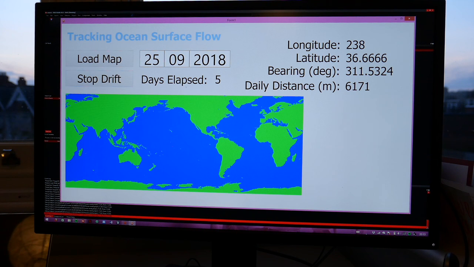The days elapsed doesn't move along, it still starts from the same date that we moved a new location to. The daily distance is very small, so it might not move out of that pixel for a little while. But now if we want to stop the code, we press Stop Drift again, and we can choose a location in the